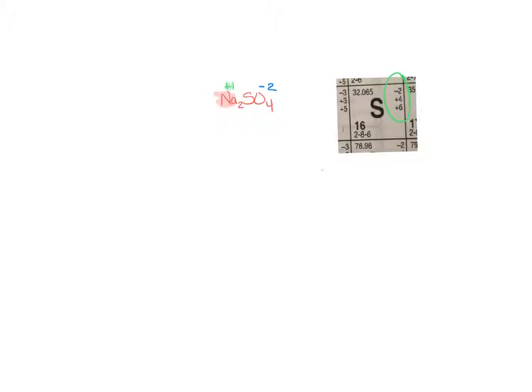Now, this is the way that I think we should do this. On the bottom, you have subscript numbers. There's a 2, there's a 1, and there's a 4. Because of these subscript numbers, we are going to make ourselves a formula, knowing that the rule is that they all have to sum to 0. So this is what we're going to do. We're going to do the bottom number times the top number